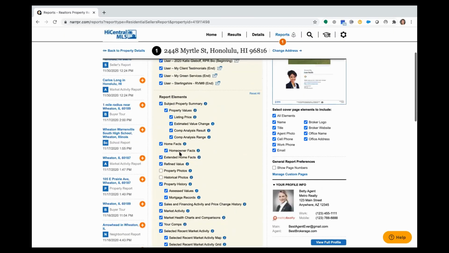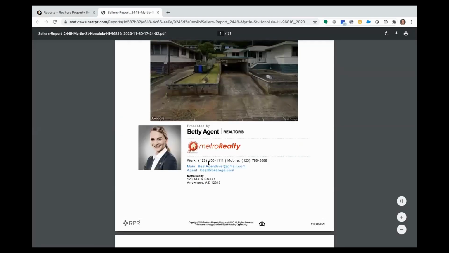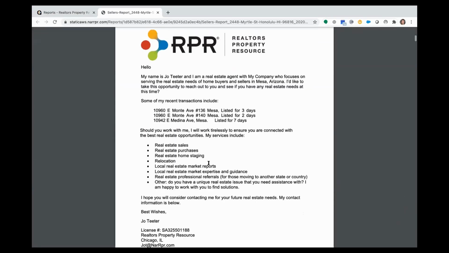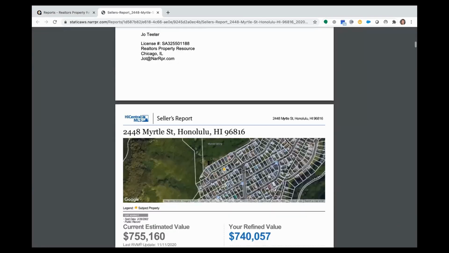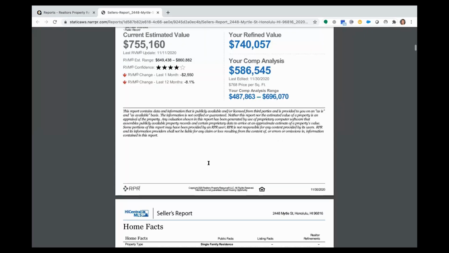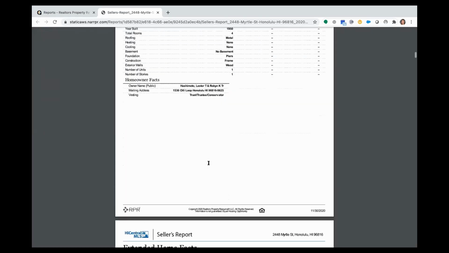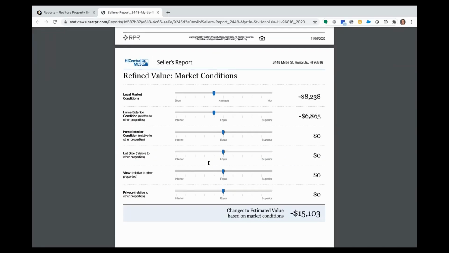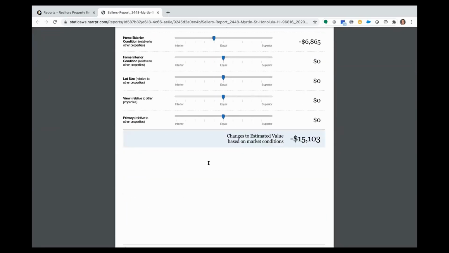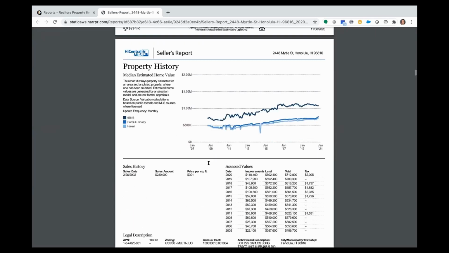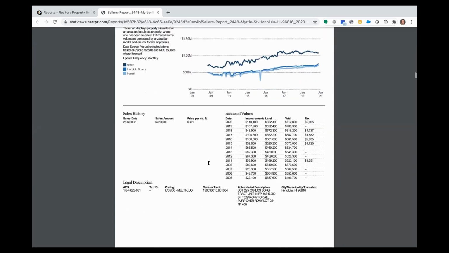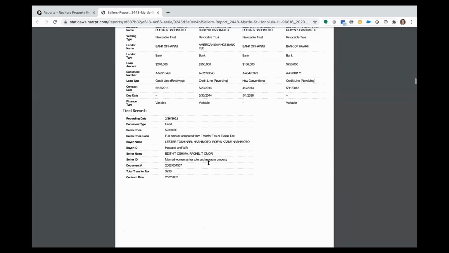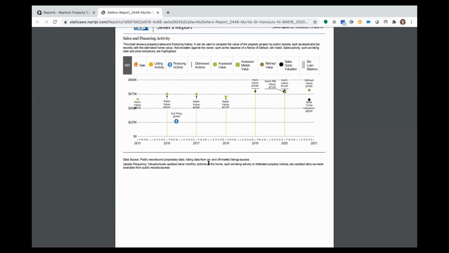Now I have a pre-generated seller's report just so you can see a sample of it. I'm going to go ahead and open it up. Right? You get that agent bio information, you get those custom pages, and then you get that data supported reality check, right? That's going to talk about those extended home facts. It's going to talk about why you refine the value based off of local market conditions. It's going to talk about those property values, sales history, mortgage information, deed record information,